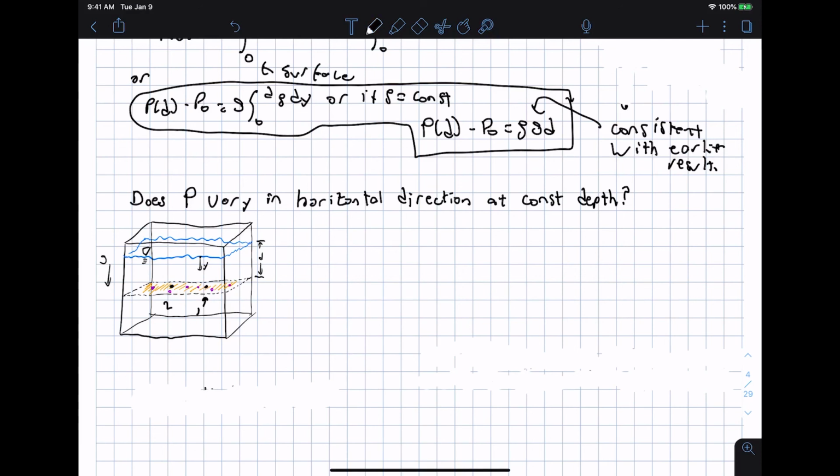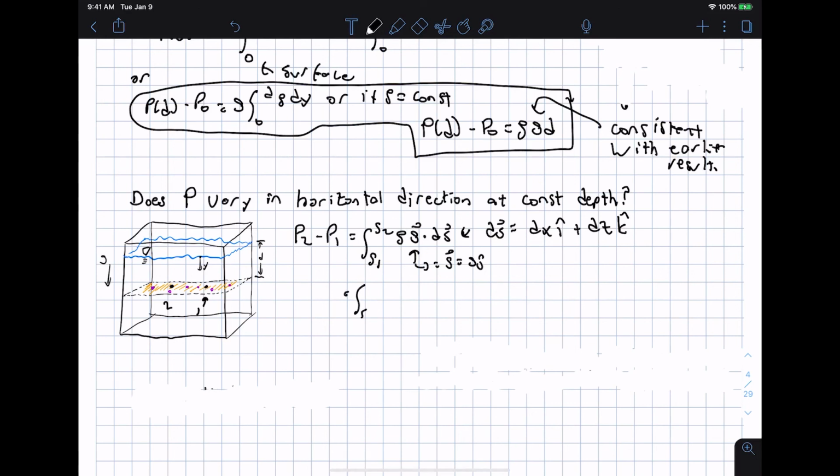Let's do a line integral between point 2 and point 1. We have P2 minus P1 equals the integral from S1 to S2 along the entire path of rho g dot ds, where g equals g j hat. Now we're going in the horizontal direction, so ds equals some dx in the i hat direction plus a dz in the k hat direction. This then equals the integral from our starting point to our ending point of rho g j hat dotted with ds, which is dx i hat plus dz k hat,